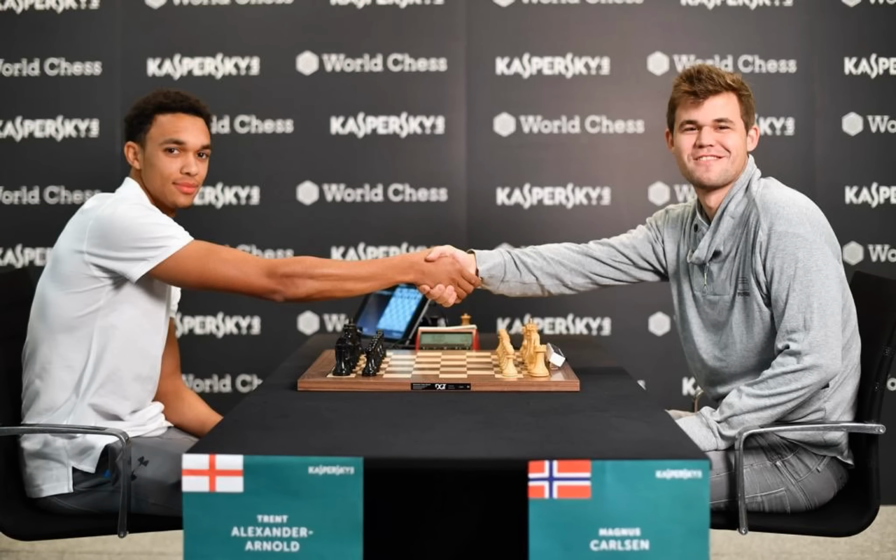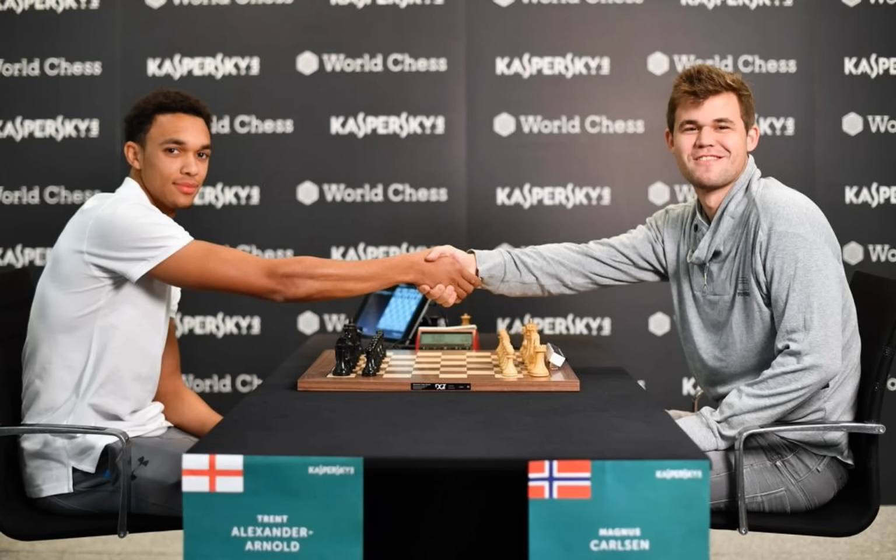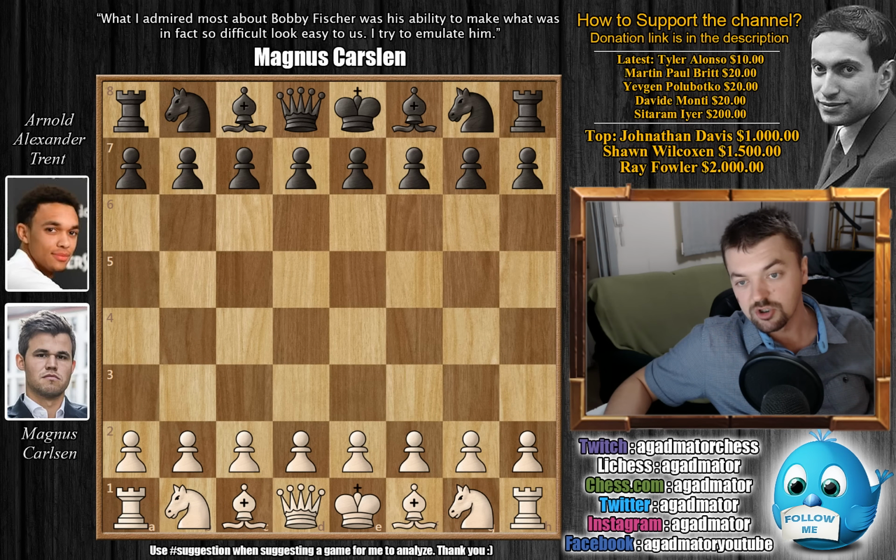There you have Trent and Magnus. Trent is being aided by some sort of eye tracking software. As I understood it, as they really didn't specify anything about this, there is software that uses cameras to track Carlsen's eye movements, and it should help Trent by showing which moves Carlsen is considering, so it would help him make his moves. Of course, he does need all the help he can get against the world champion.